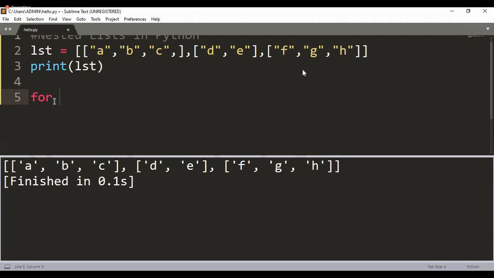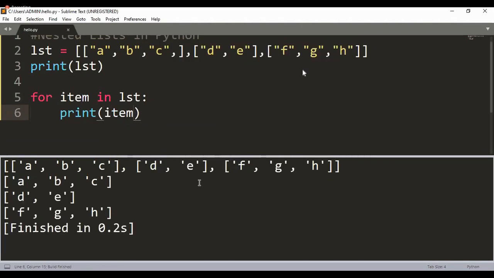In this program, a list is containing a list object. Maybe tomorrow you might write a program where a list would contain a tuple object, a set object, or a dictionary object. It can contain any type of objects. So whatever it is, I would just refer to it as item. For each item in my list, in this case, each of these items happens to be a list in itself. I would like to print these items separately.